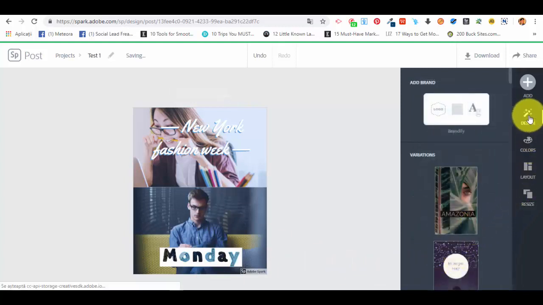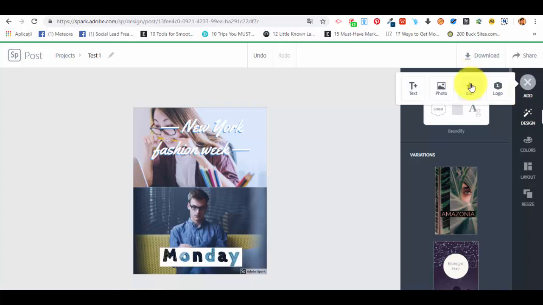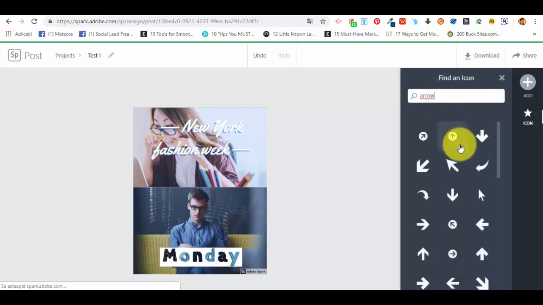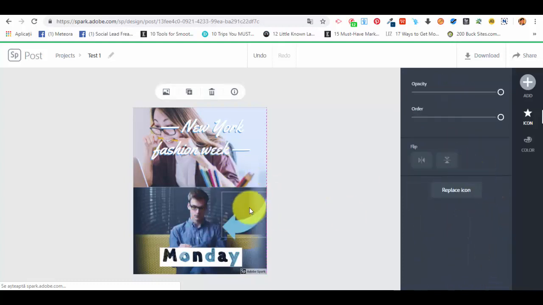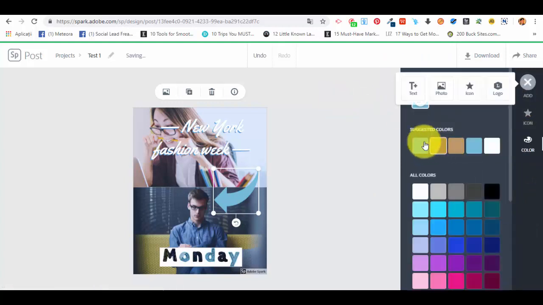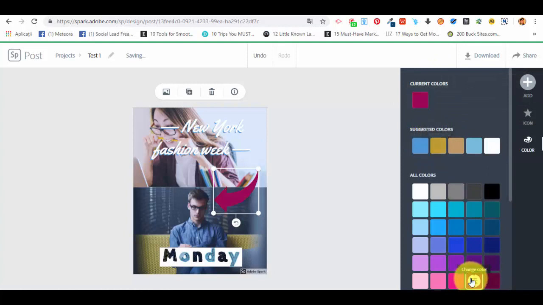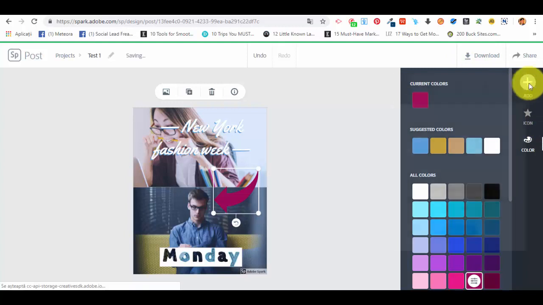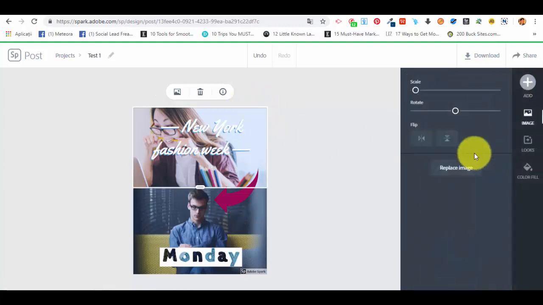Then in the design section, okay, we can also add icons. If we go back, icons, like arrow. Say that we want to add an arrow. Just add an arrow here. Okay, we can replace opacity order. We have different options. Color of the arrow. Maybe we want this type. And that's pretty much it. And we're done. Okay,